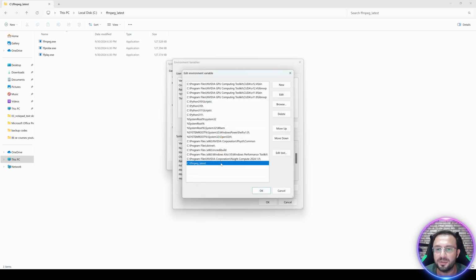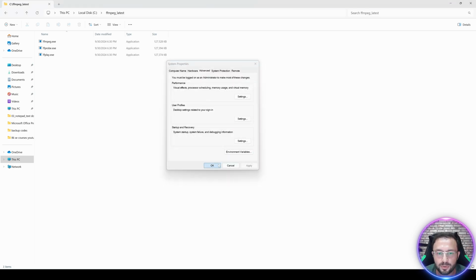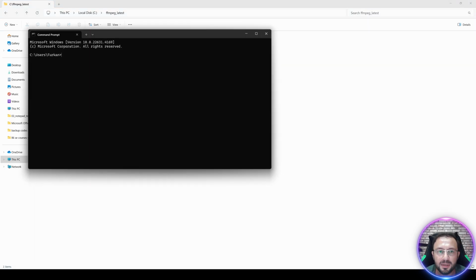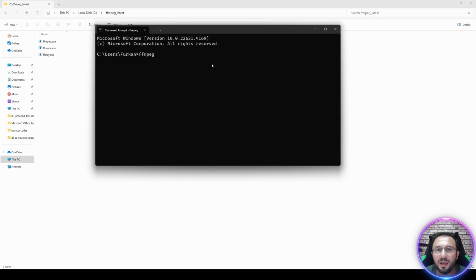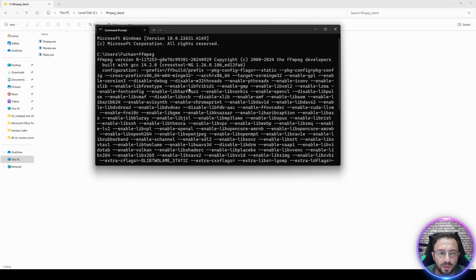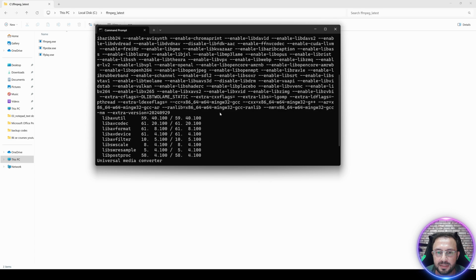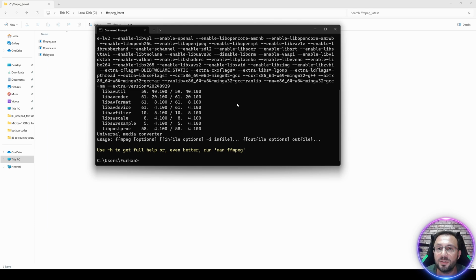So you see it is added like this. You can also add it manually. If you have other FFmpeg folders, the one at the top will work. Okay, okay, and okay. Then let's open a new CMD and type FFmpeg, and it will show you the FFmpeg version that you have. Okay. Now I can see this is my latest FFmpeg version built with GCC 14.2 and other stuff. It supports all these libraries. So this is how you install the latest best FFmpeg version.